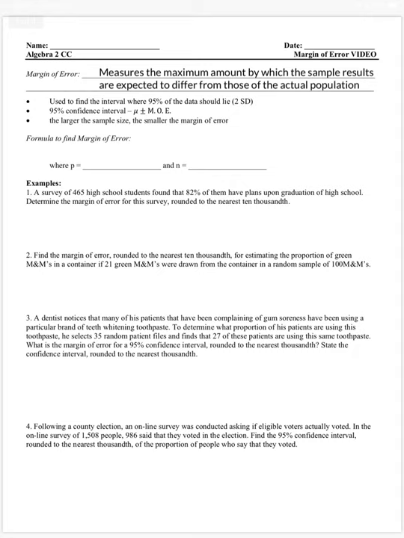Margin of error measures the maximum amount by which the sample results are expected to differ from those of